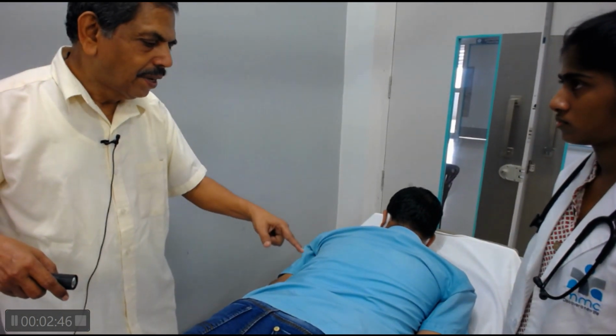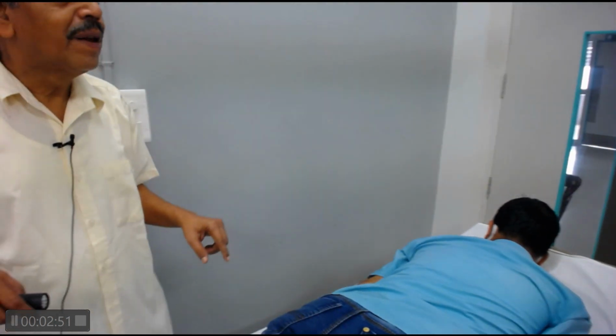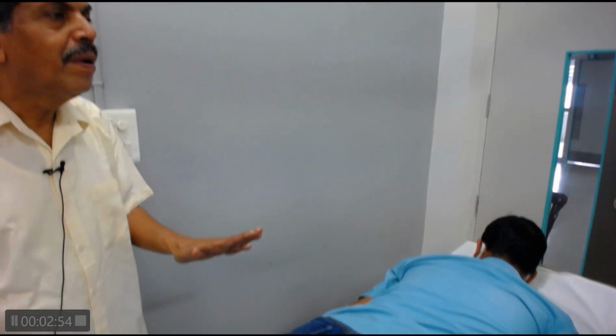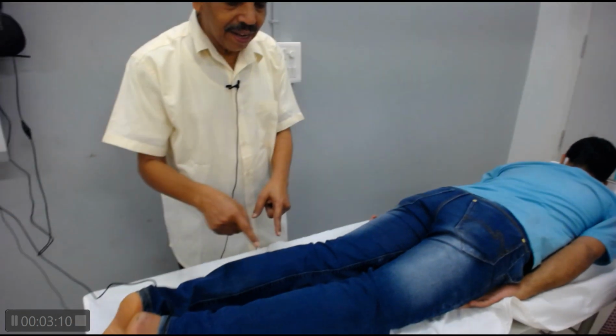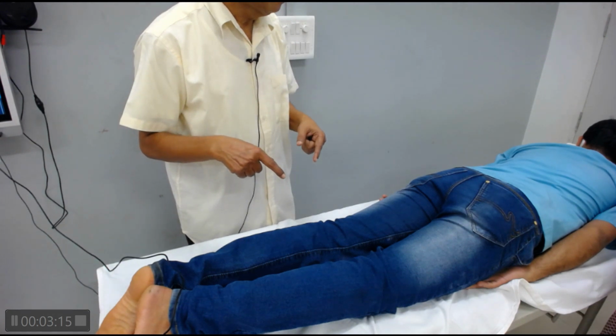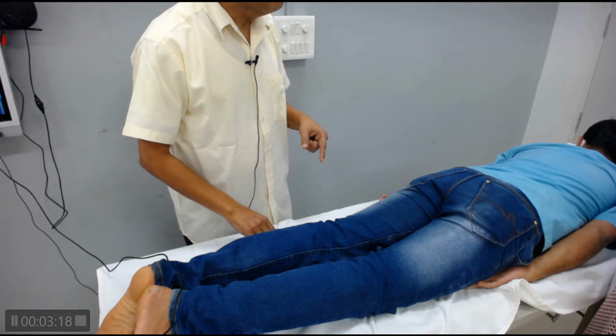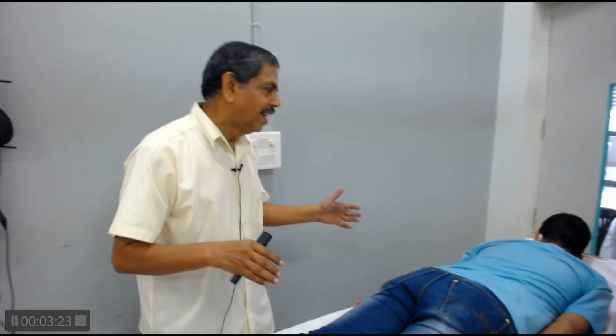Next, after completing the paraspinal muscle, you have to see the size of the gluteal muscle. Sometimes you will not be able to see the bulk of the gluteal muscle in most of the patients, but there is no harm in palpating and comparing. Of course, you should get the consent. Next, the back of the thigh, the hamstring muscle, then the back of the leg, these are the calf muscles. Is the point clear? Yes. And this is the way you have to look for the bulk of the muscle, but usually in hemiparesis it is not important.